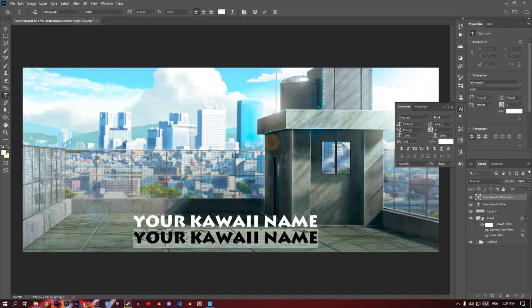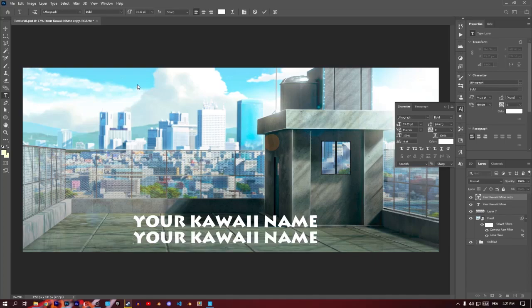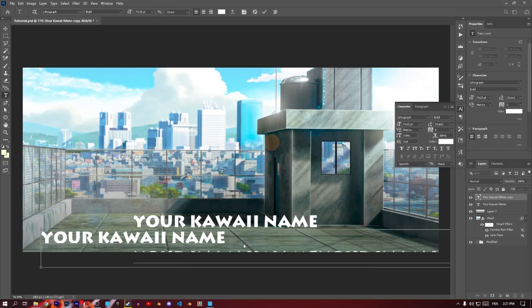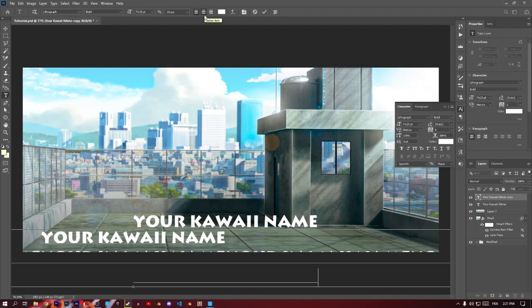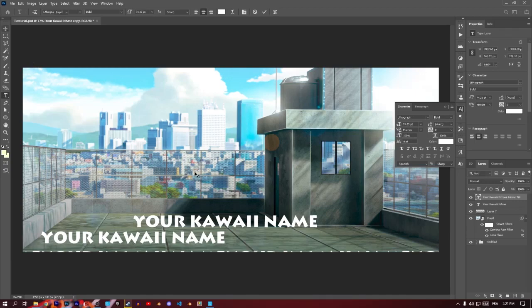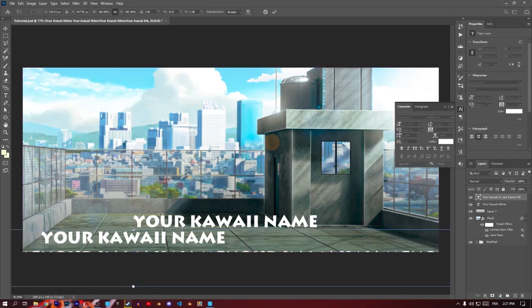And now just Control C and Control V. And press here to center it. And enter, Control V several times, and center it again. Enter, Control V several times, and center it. Now you get this really cool